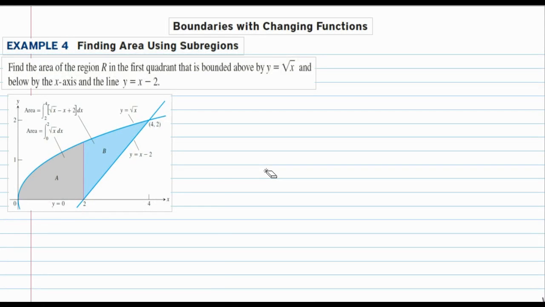This is the screencast for section 7.2, example 4. Now what if we have boundaries that change around the area of a curve? So example 4 here, it says find the area of the region R in the first quadrant, okay, that is